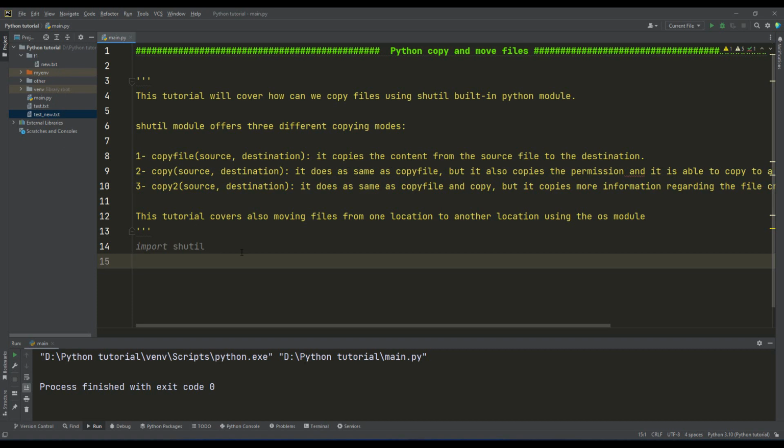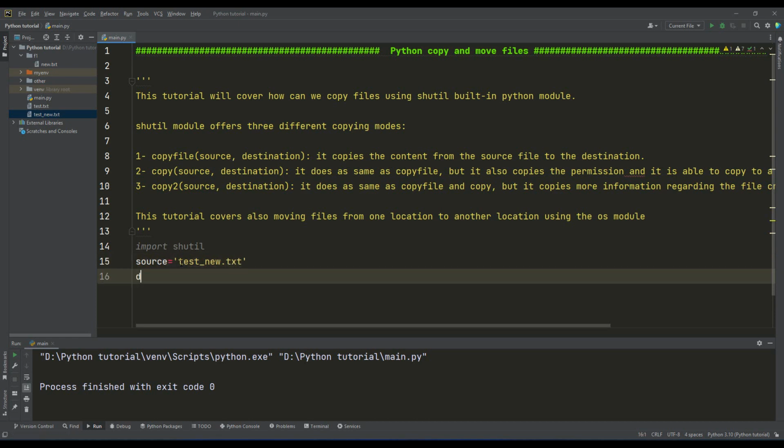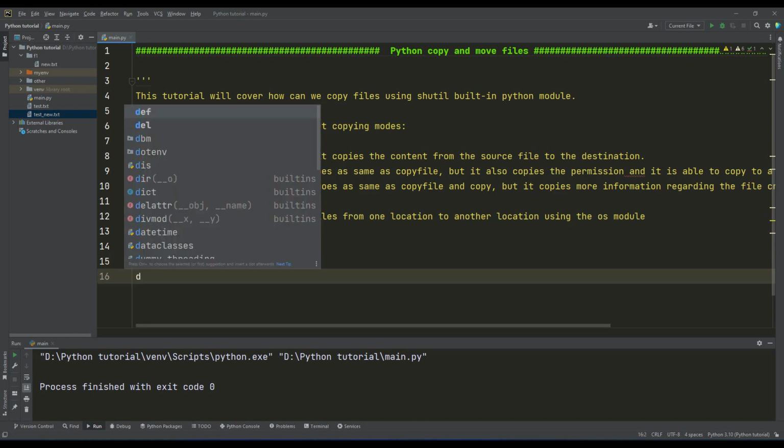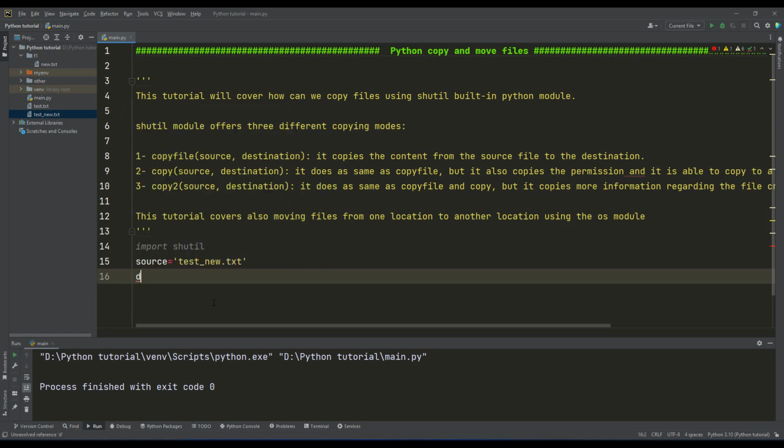For example, I will have source. The source is the original file that contains text, and because we are in the same directory, I will use test_new.txt. And I will also use the destination in which we will copy the file. The destination will also be at the same level as the main.py program, and we will name it